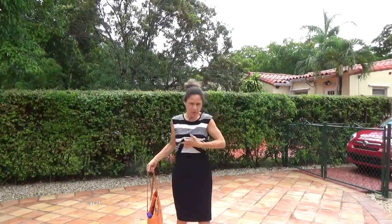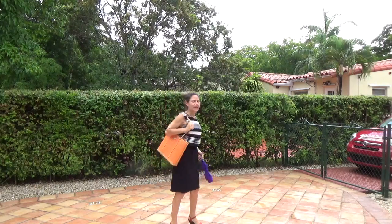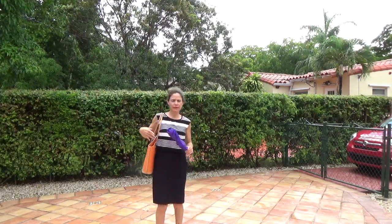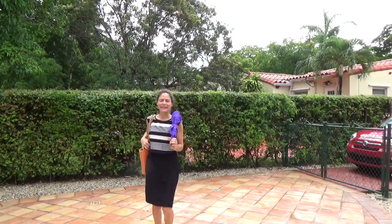Okay, here's my outfit of the day. I'm wearing this dress that I explained to you. It's one dress. I have an orange purse. I wear these shoes just to walk to work, but at work I put on a pair of beige pumps, which are at work. This is my nice bag, and this is my purple umbrella, because it's going to rain today. Okay, I'll just do a quick...